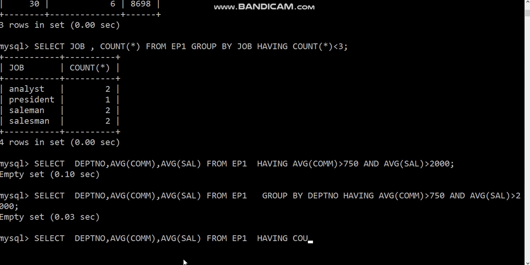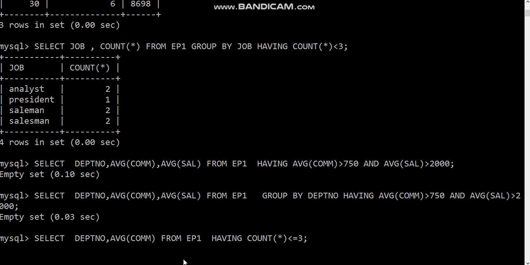Count function, count star less than or equal to 3. I don't want this salary now. I just want the commission to be displayed from EMP1.